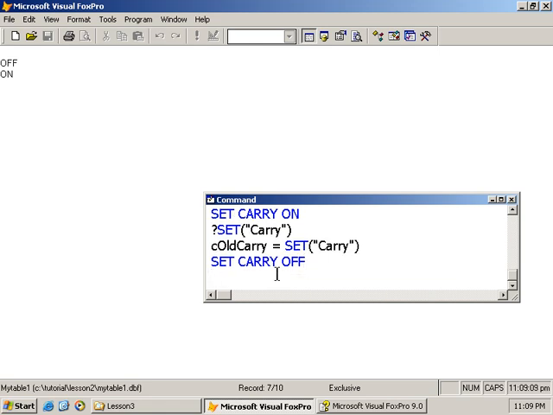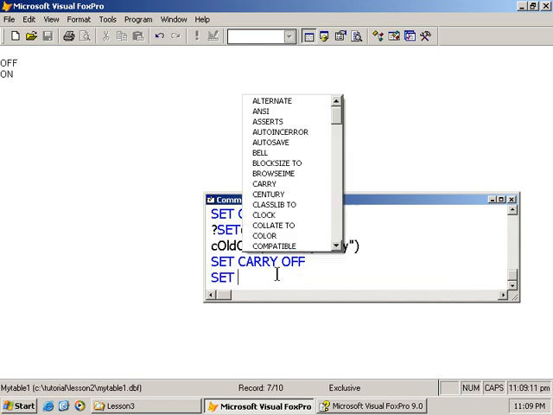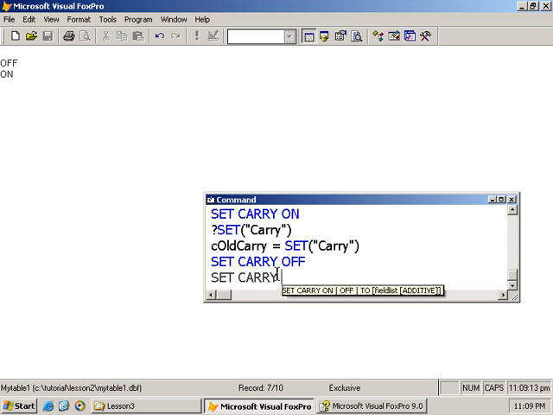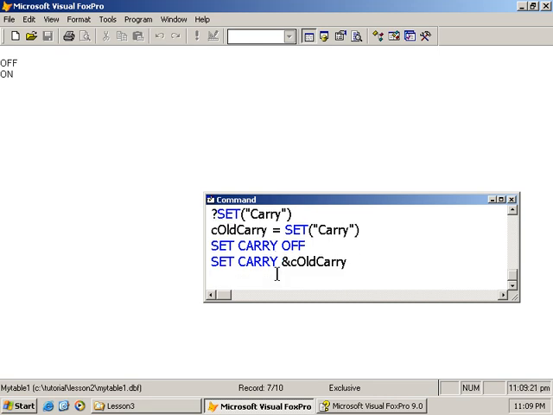And then in the end, we'll do something like this: set carry, and we do some macro substitution. And I'll be doing a video on this shortly about macros and macro substitution. So that will set carry back on,